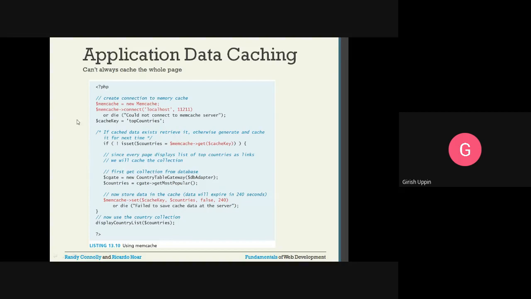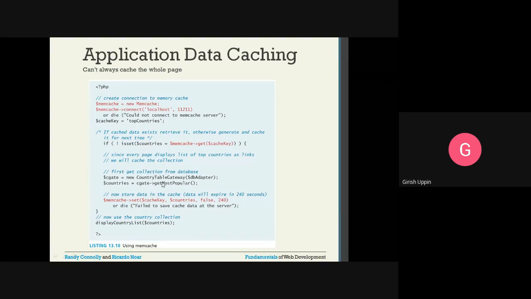Now let us assume the first request came in and the cache has already been set with this data. When the second request comes, the code runs like this: $cacheKey is top countries and it is set, so the get returns true, and the condition for false will not be entered.